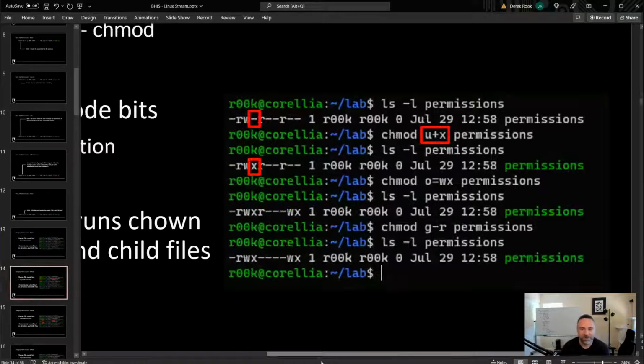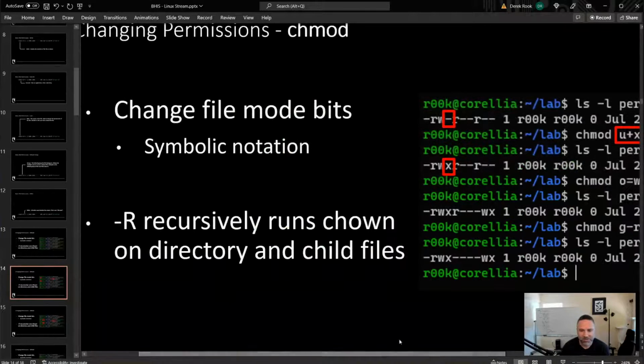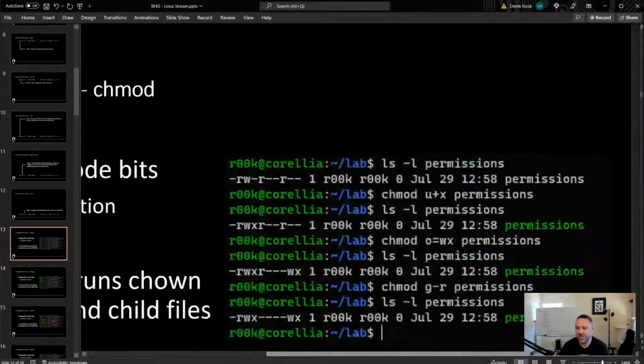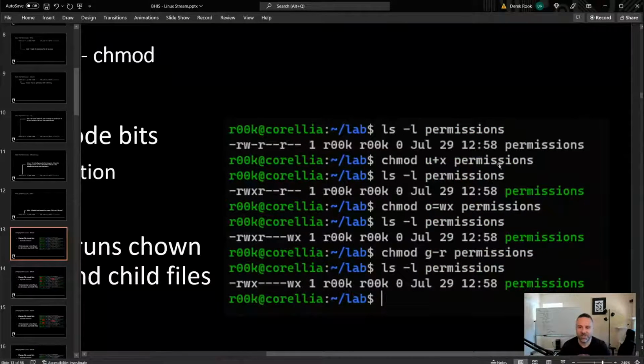The next one we'll talk about is chmod, or change mode. This is the command that lets us change the permissions of a file. It has two different modes that you can operate in. The first one is, I think, easier, and a lot of people either use it or misuse it, and that's symbolic notation, where you actually use letters to change permissions.